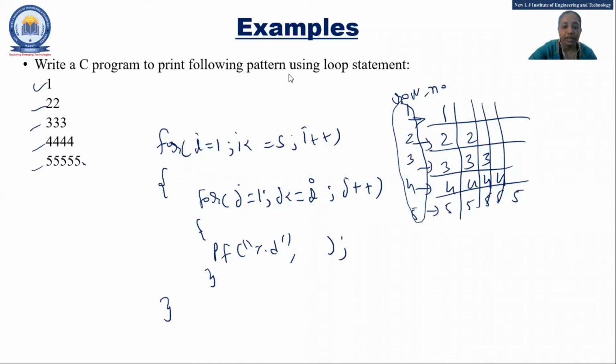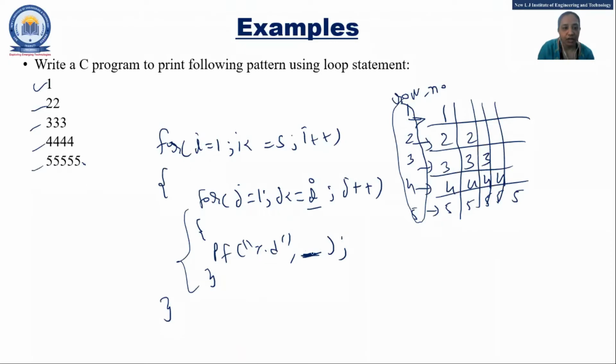Okay, it is not 1. Maybe you have written some other concept. It should be i, because your program should be a general one. When it runs for the second row, the inner loop will execute 2 times. When i equal to 3, this loop should run 3 times. That's why. And what should I print here? Can anyone tell me?